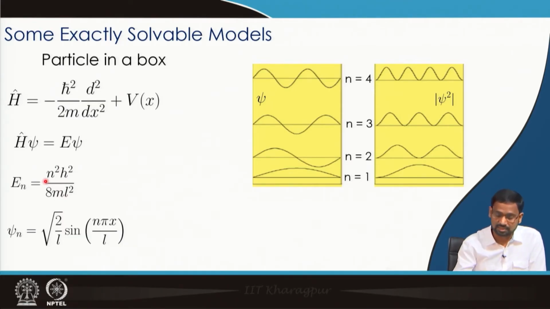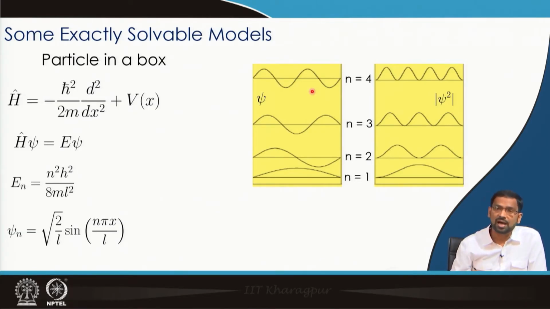As n increases from 1, 2, 3, 4, you see the E_n value goes as n squared multiplied by some constant factor for a particular system. Now, the energy spacing keeps on increasing as we go further. The other important thing you see is how the energy depends on the mass and the length of the